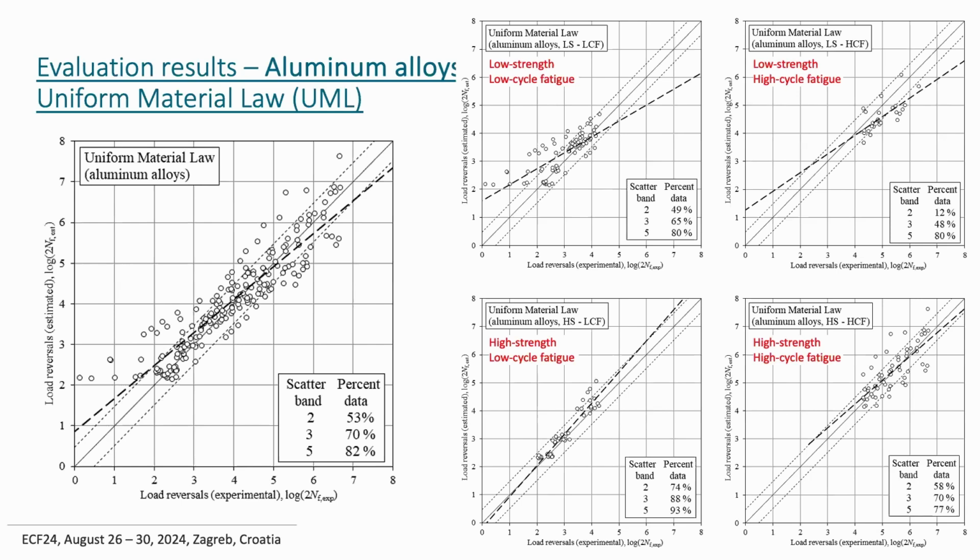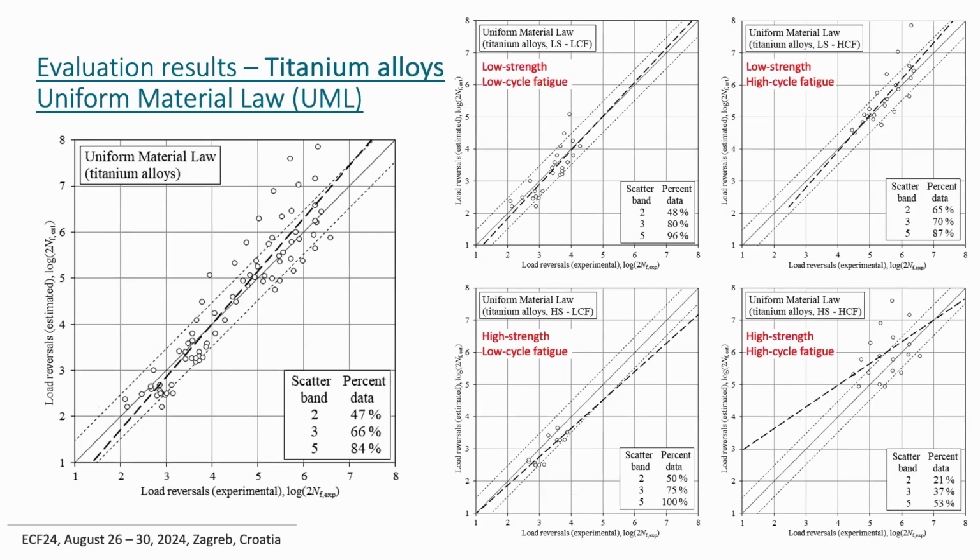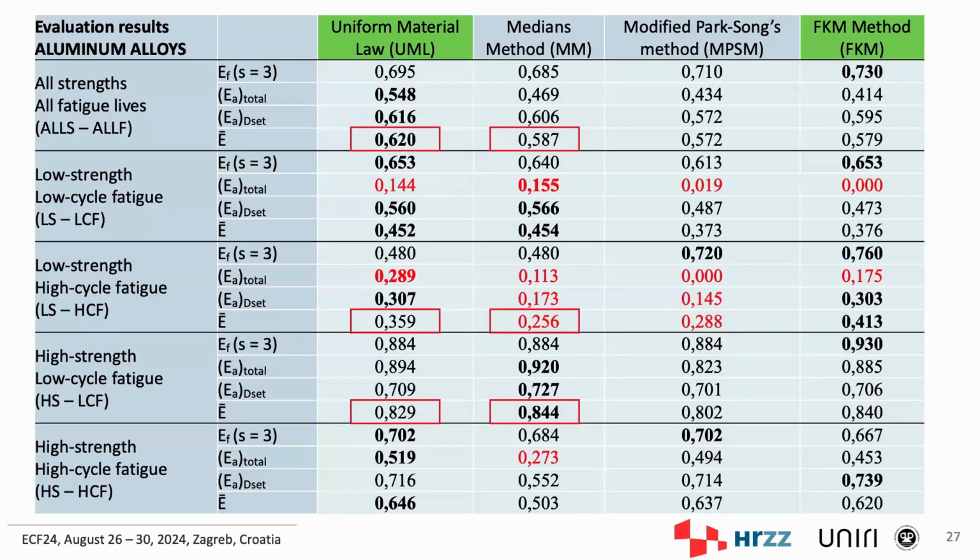And what we can see here, from this diagram that shows all data together, is that a lot of information goes unnoticed. We can see here that some of these are much worse than the others, but in order to get better information, the same thing is also for titanium alloys, we actually need to look at these values of evaluation criteria that I mentioned before. And as this is the initial part of the research on these estimation methods for titanium and aluminum alloys, here we wanted to see what the situation is with this averaging problem, and we can see that it's quite pronounced.